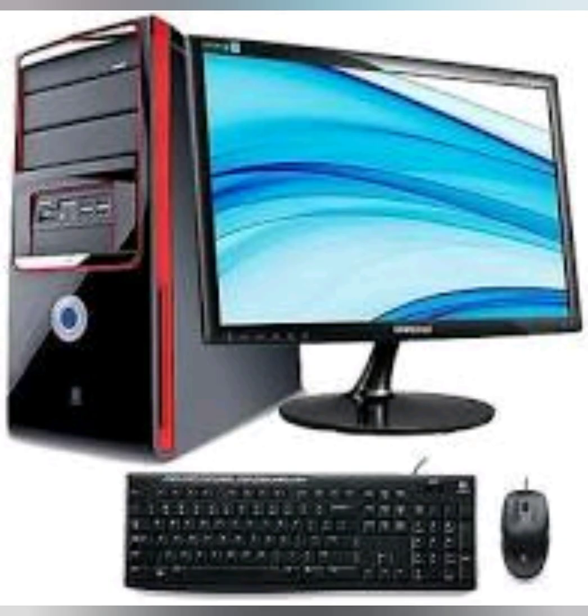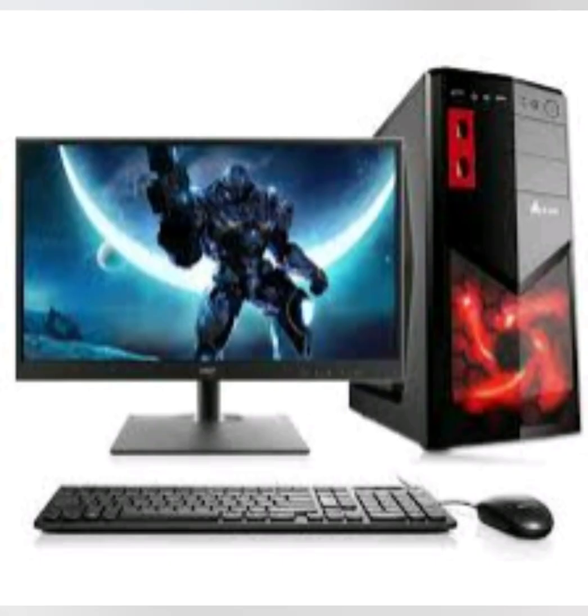Hardware is nothing but the parts that we can touch and feel. Software is the opposite of hardware. That is, software is a set of instructions or programs used to operate a computer. As I told you, hardware refers to the parts of a computer that we can touch and feel.